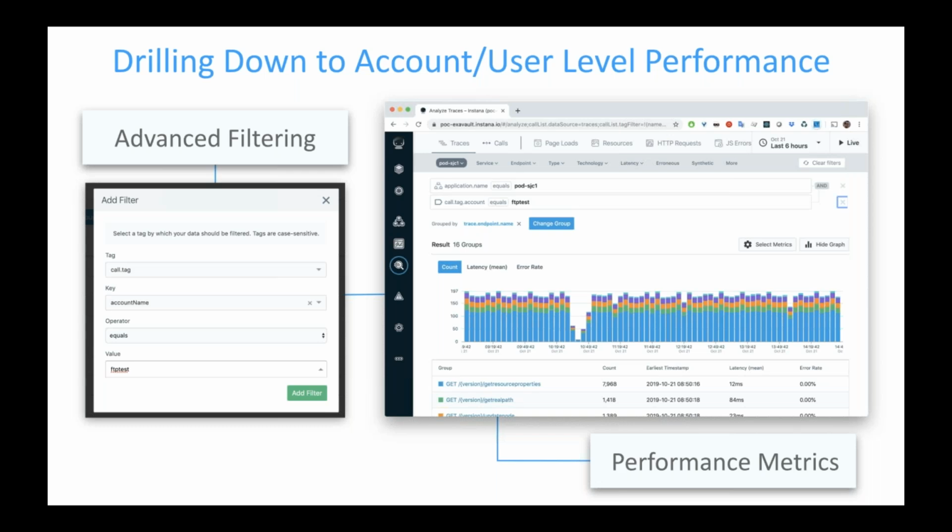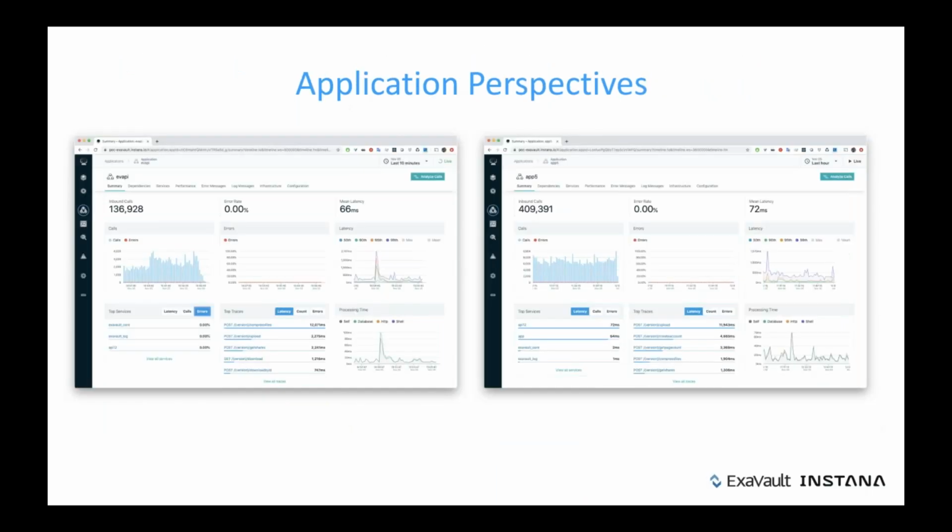So if a user is having a particular problem that we don't see at the high level, we can drill down to that specific user and really troubleshoot just looking at their information. So that is a very big advantage to Instana, and then we can take that information and continually monitor it